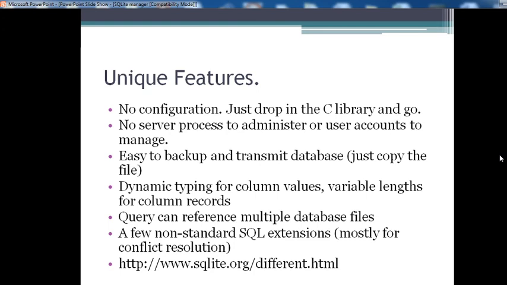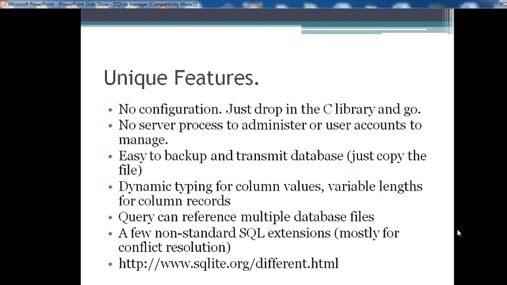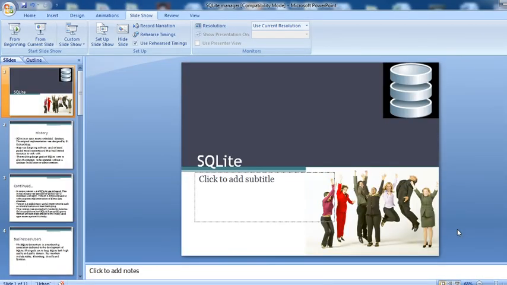One query can reference multiple database files. Then a few non-standard SQL extensions, mostly conflict resolution. These are the features of SQLite.